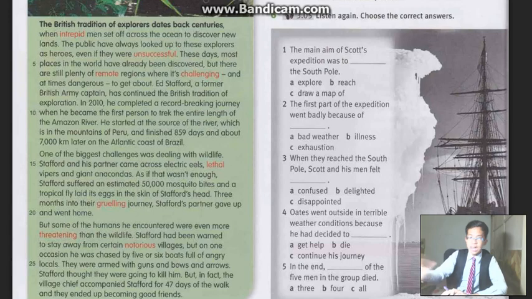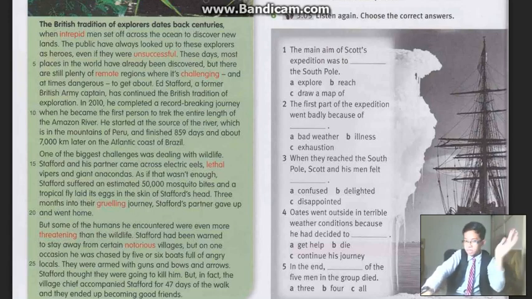One of the biggest challenges was dealing with the wildlife. Stafford and his partner came across electric eels, lethal vipers, and giant anacondas. Wow. And as if that wasn't enough, Stafford suffered an estimated 50,000 mosquito bites, and a tropical fly laid its egg in the skin of Stafford's head.